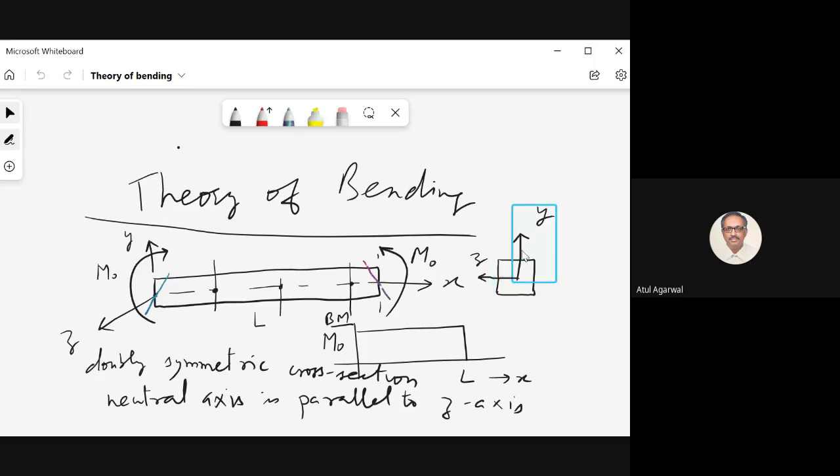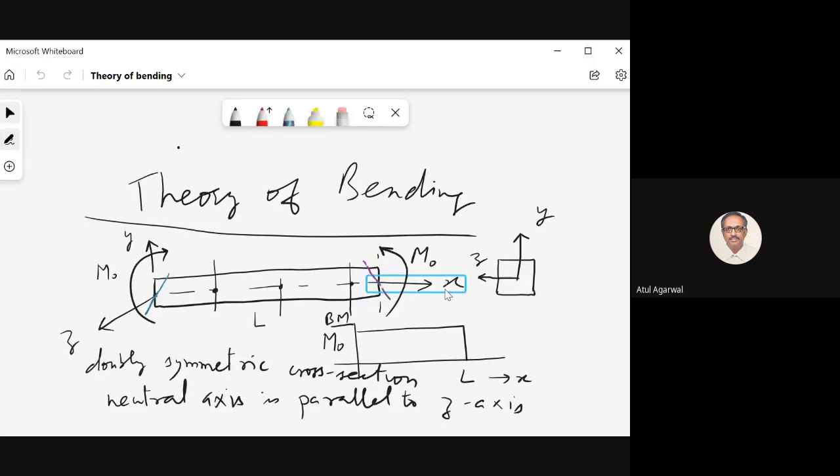And you see I have shown the coordinate system as y and z. The z axis is pointing in this direction. I have shown the cross section of the beam. And you see, if you take the y axis towards the z axis, it is the right hand screw which is turning counterclockwise, and your screw will translate in the positive x direction. Had I taken z in the opposite sense, then my x-axis would have gone in the opposite direction to the one shown.